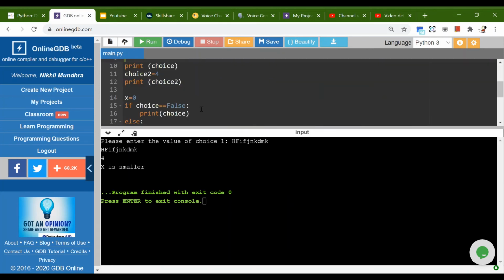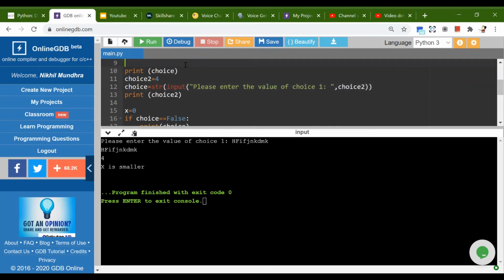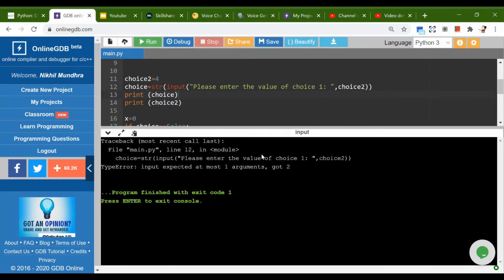I'm going to cut it and paste it after the statement, and I'm going to take the statement below also, because otherwise it will give me an error. Obviously I can't show you all the errors in Python because it will take too long for the video to get complete. See, we get a type error here, right? So the only thing you can put here is a string.